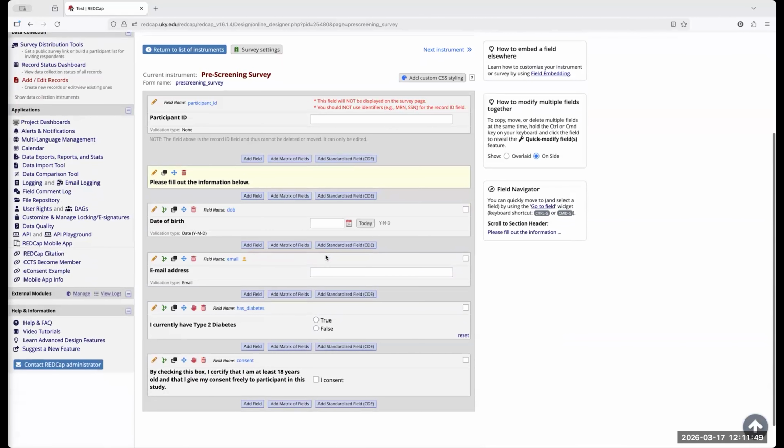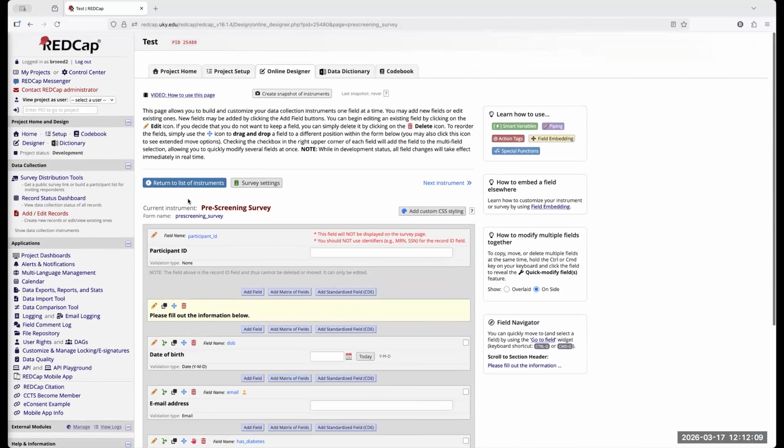Again, this all depends on how your project's working, the type of questions that you're asking. This could be going to both males and females, but you only want the data on a particular survey. Maybe it's a pregnancy question. You only want that to go to females. You can set that up in that survey queue.